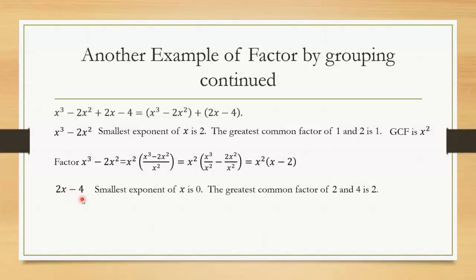But notice from 2 and 4, if you were to list the factors of 2 and 4, you would get that the greatest common factor is 2 itself, mostly because 2 is a factor of 4. So the GCF of this is 2. So basically, we keep on finding GCFs like crazy. And we get 2 as the GCF, and we factor it out,